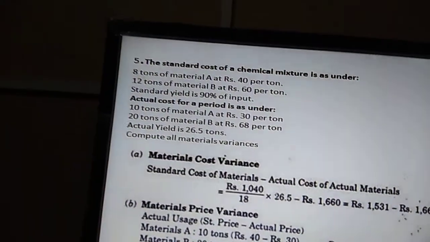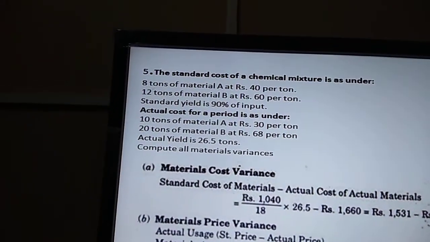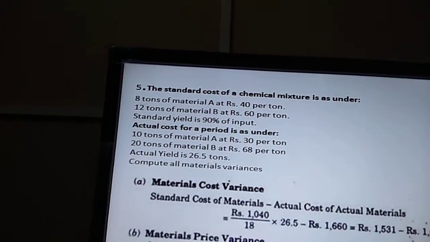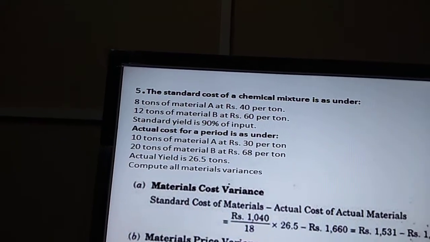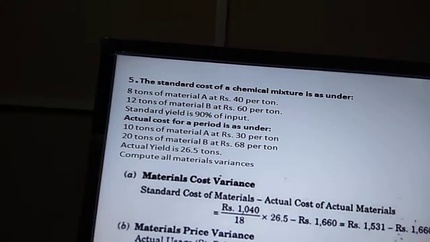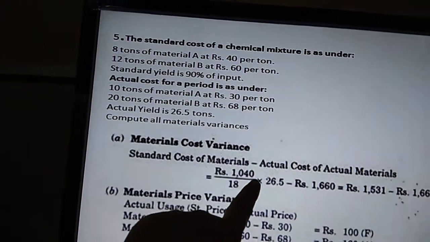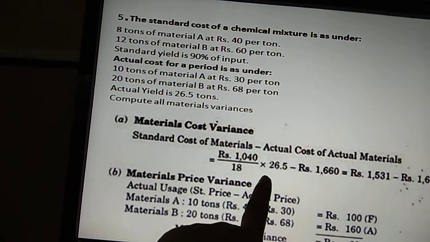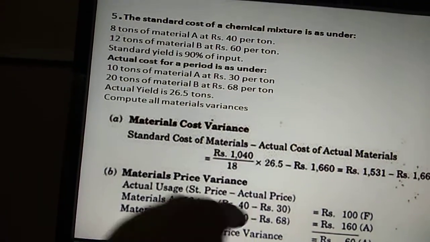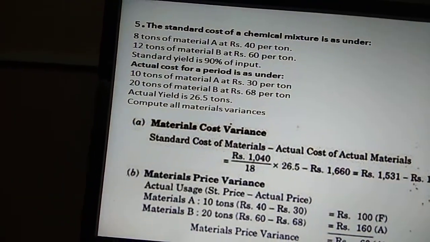So you have to calculate this one. 8 into 40, how much is it? 320. 12 into 60, 720. Both you have to add, you will get 1040, right? Then you have to multiply with the actual yield rupees